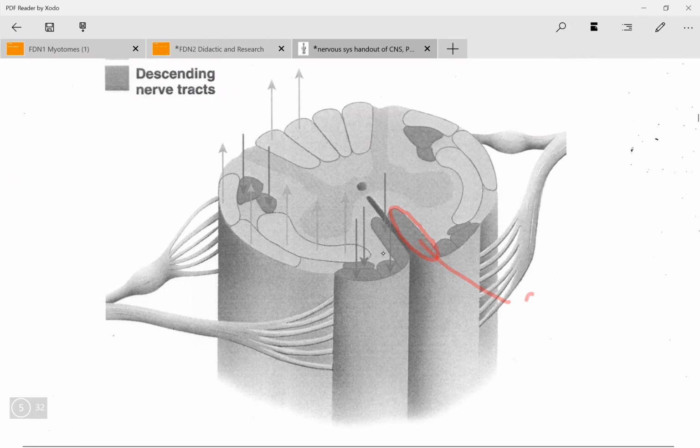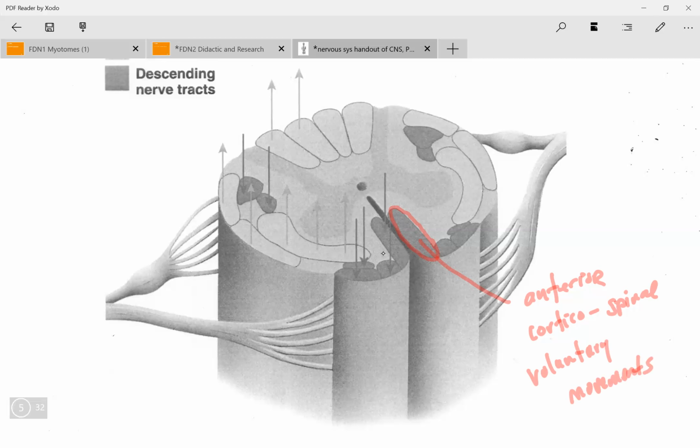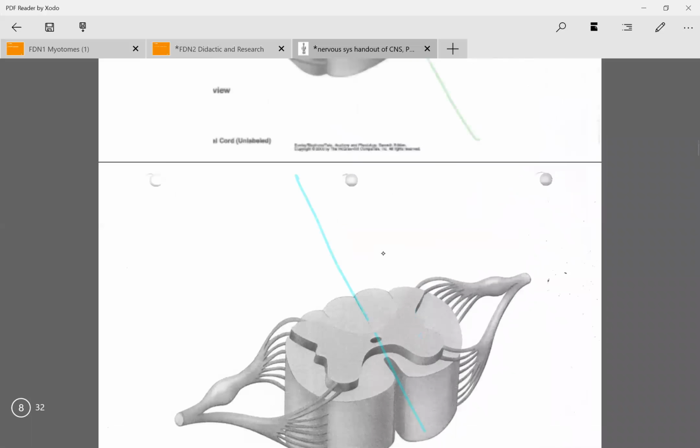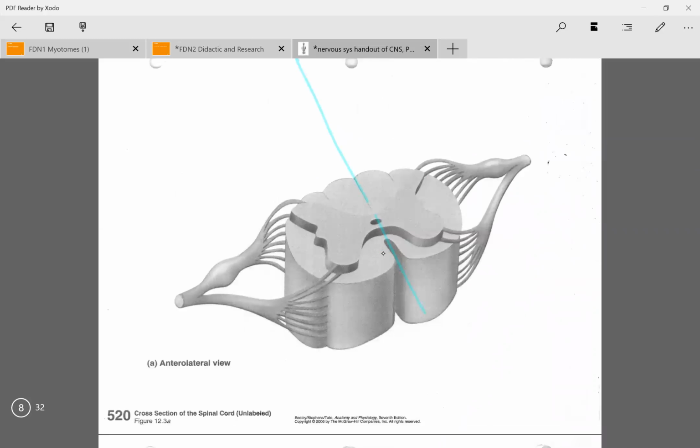Okay, that is the anterior corticospinal tract, and that is also responsible for voluntary movements. All right. So to map this out,